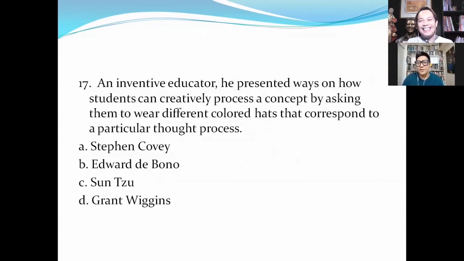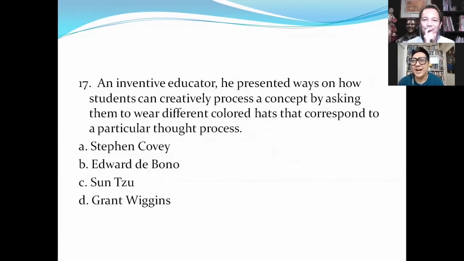Sige nga. No, sir, parang hindi ko nga ito alam eh. Hindi ka ba familiar sa kanya? Kay Sun Tzu, sir. Si Sun Tzu lang po ang nabasa ko dito, yung Art of War. Oh, good. Si Stephen Covey po. The mere fact that you were able to eradicate Sun Tzu, the Art of War siya, you increase your chance of guessing by 33.33%. Your chance now of getting the right answer is 33.